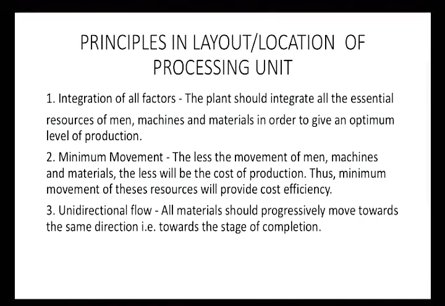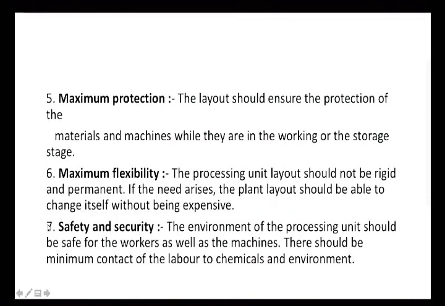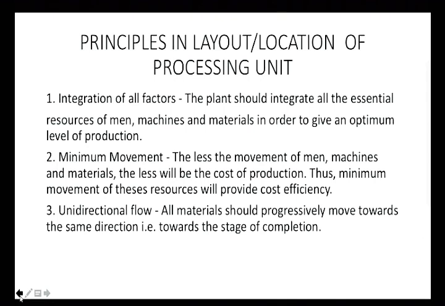The next one will be unidirectional flow. If you are starting a processing unit, unidirectional movement is nothing but washing is somewhere, disinfecting is somewhere, cleaning up the utensils is somewhere, as well as the minimal processing is somewhere. Whatever important operations we are implementing in the processing industry, they should be in a line. That's why it should be unidirectional. So we should not consume more energy, and we should not get confused and miss any part of the chain of action. For that sake, we need to follow the principles of unidirectional flow.